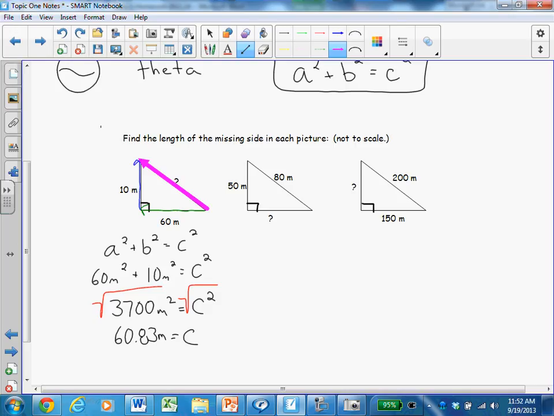It's 60.83 meters, right? So if two vectors at 90 degrees sum together, the resultant is the hypotenuse of the triangle. We would just use the Pythagorean theorem to get its magnitude. It doesn't give us its direction, but it gives us its magnitude. That equation, written out in long form,